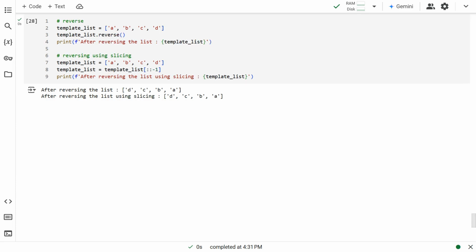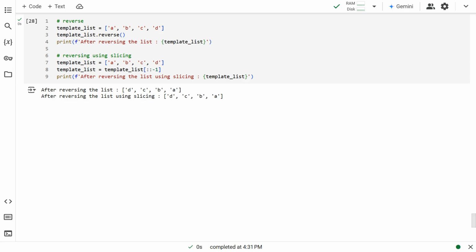The reverse method is used to reverse the list. Python supports reversing the list using slicing syntax: start, stop, and step. Refer to line number 8 for the code to reverse a list using the slicing syntax. The absence of lower and upper bounds indicates that all the elements are included. The step size of -1 indicates that the elements are read from the right, which essentially reverses the list. This slicing syntax can be used to reverse a string as well. That's the end of this part on list methods.